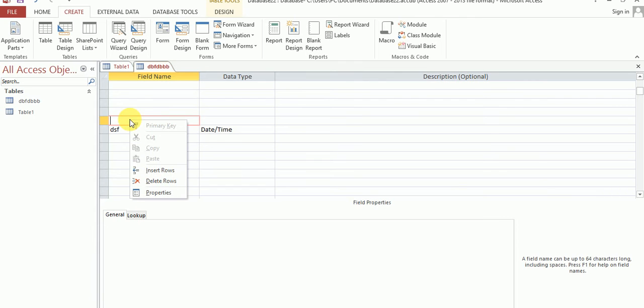And suppose you want to insert one more row, then right click on the row where you want to insert it and click Insert Rows. Okay, single click, and you can see one row is inserted.